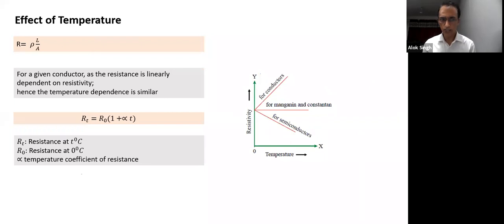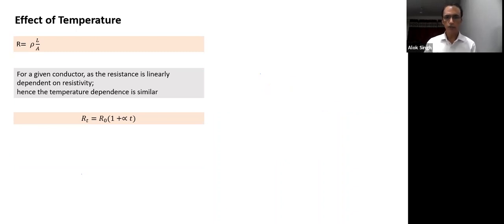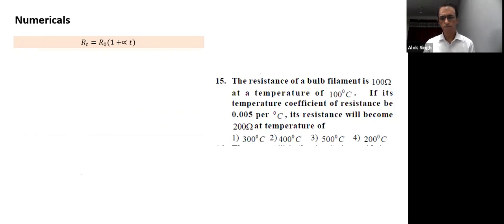Okay. Let's just remember this equation. It's easy to remember. Resistance at temperature T is equal to resistance at temperature 0 times (1 plus alpha T), T being the temperature. Okay. So based on this, let's solve this question. This question all of you can solve. It's a simple substitution in this equation. All of you try and solve and get an answer for this.